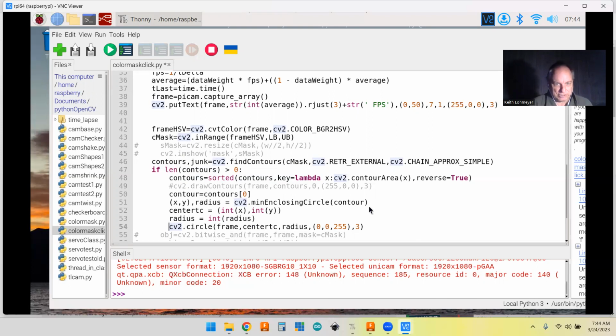And I found that by using a min enclosing circle instead of the rectangle he had,